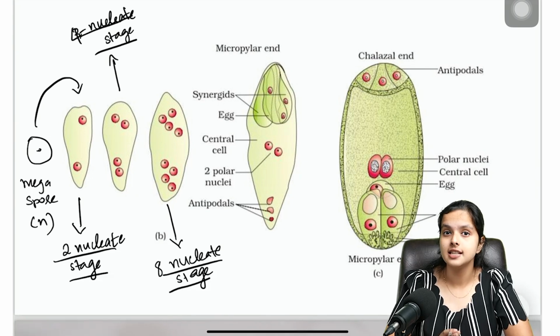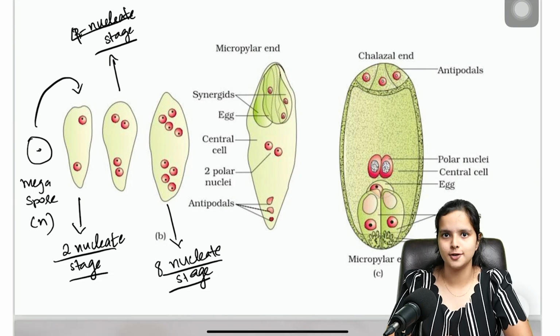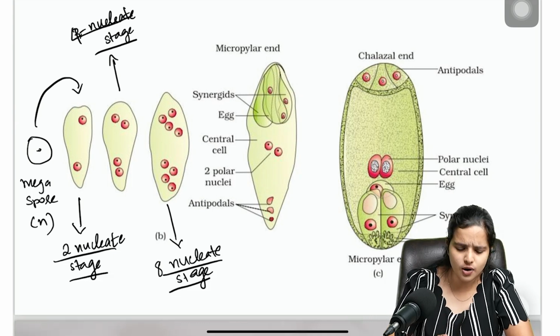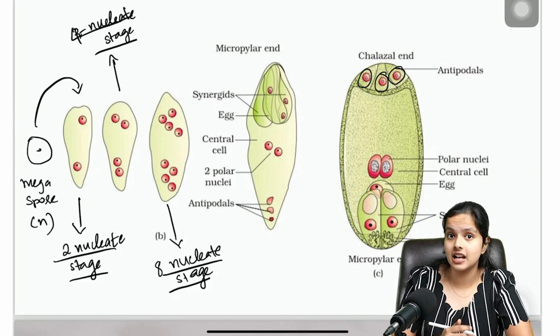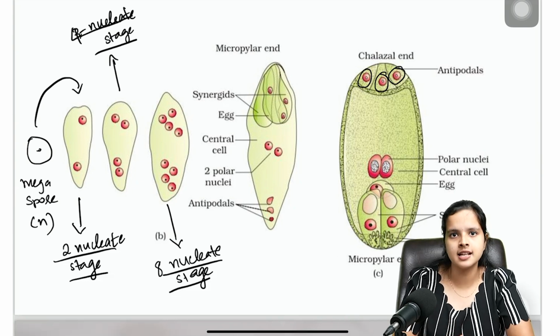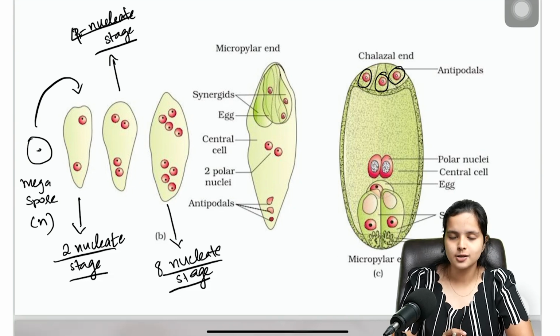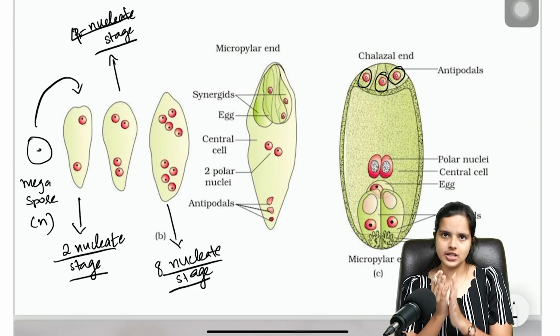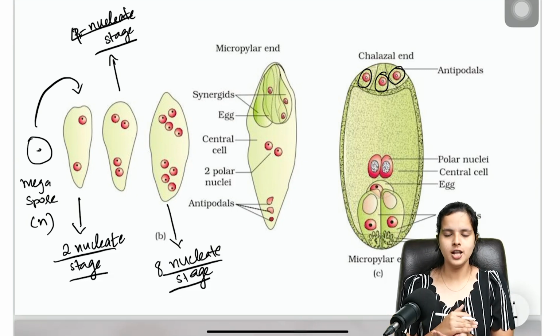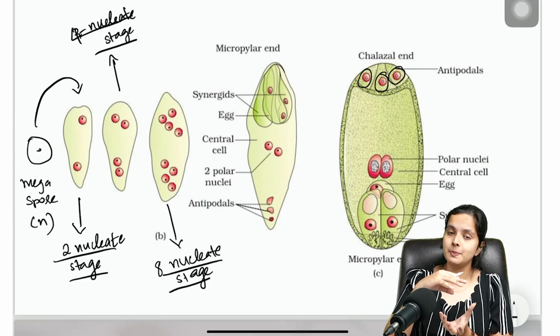But later on, you can see cell walls start to form and cell division takes place. How does cell division take place? Slowly, the upper three nucleus, the three nucleus lying at the chalaza end, okay? Basically, chalaza is the basal portion of an ovule, right? But in usual cases, the ovule will be inverted. Even though chalaza is the basal part of the ovule, in most cases, the ovule will be positioned in an